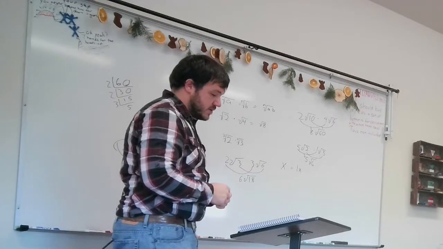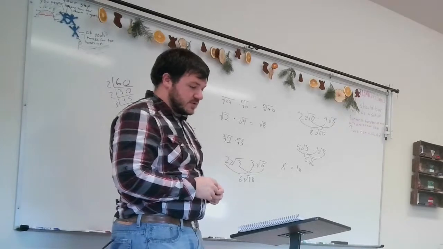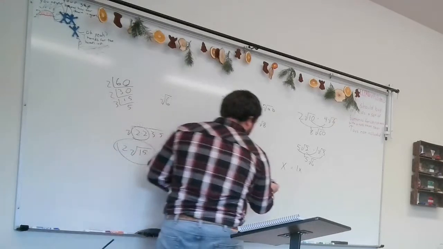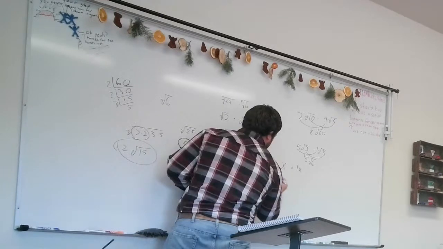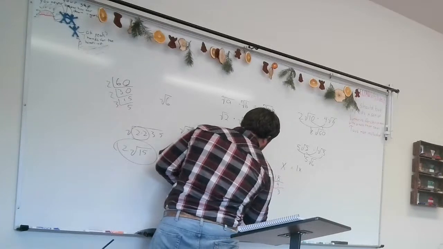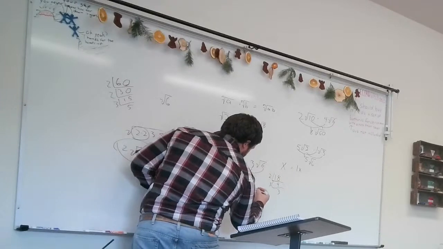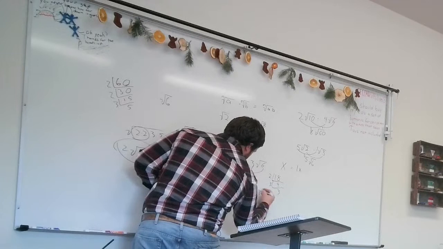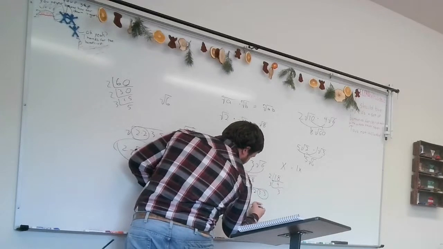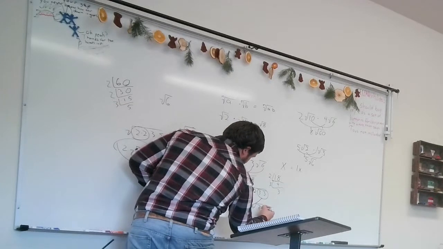The problem with that one is that you can actually reduce 18. You can simplify that. 18 is 6 and 3, or 9 and 2, and you get 3 and 3. So when you reduce this, it would be 3 times 6, so you have 3 coming outside, times 6, times the square root of 2, and this simplifies.